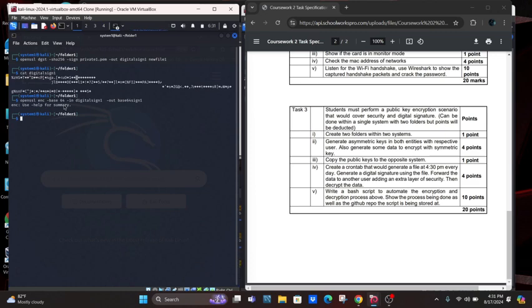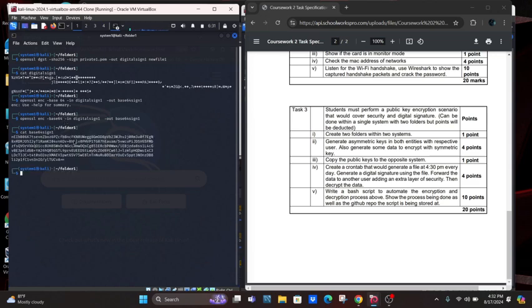Let's see, we made a space here, so it's the same command, removing the space. There you go. Now let's check the output. Cat base64 sign 1. As you can see,